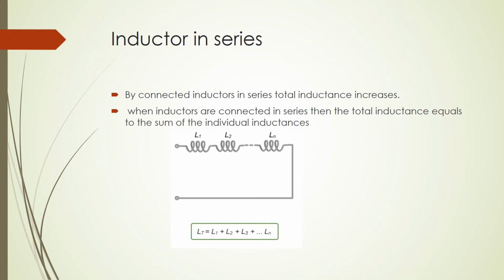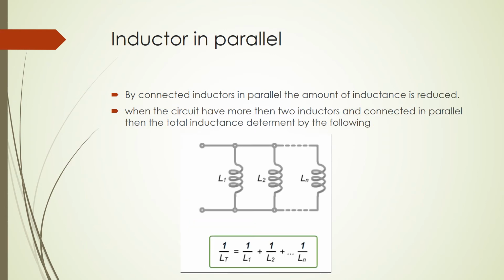When inductors are connected in series, the inductance increases, meaning the total inductance equals the sum of the individual inductances. And now I'm going to talk about inductors in parallel. When they are connected in parallel, the inductance is reduced, meaning when the circuit has more than 2 inductors connected in parallel, the total inductance is determined by the following equation, where